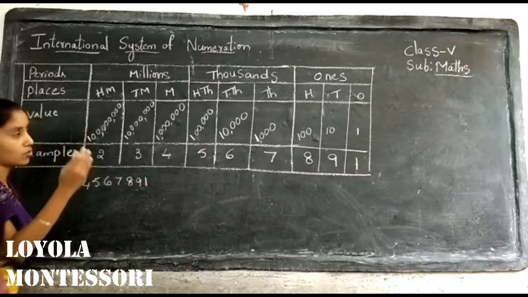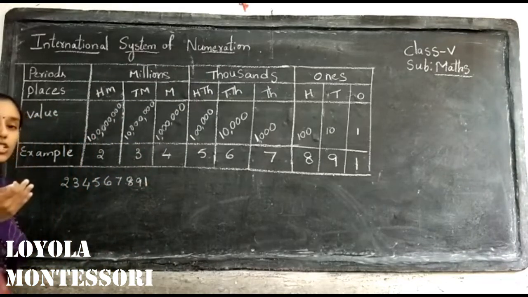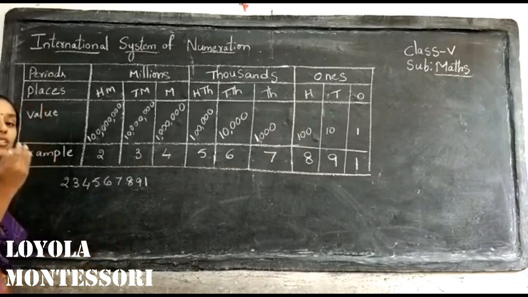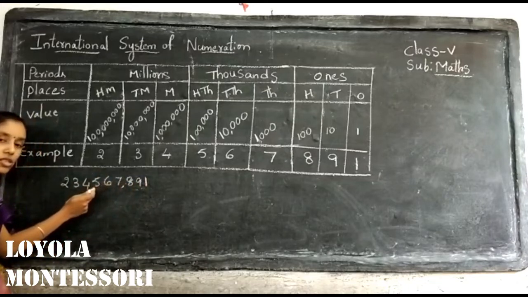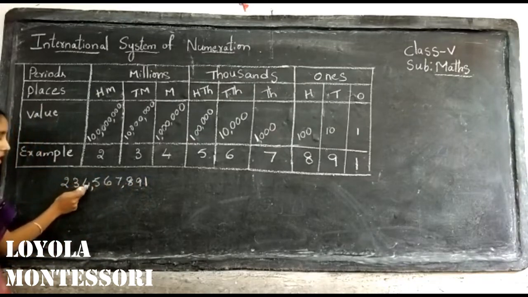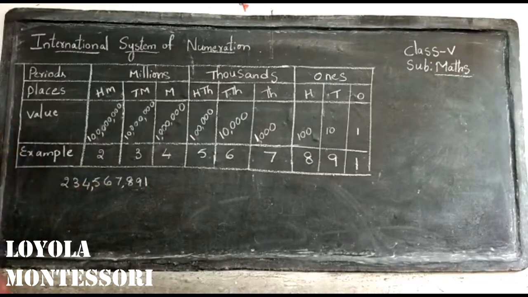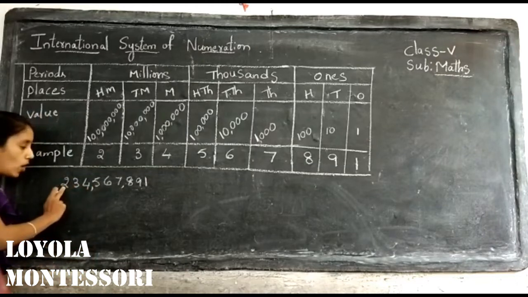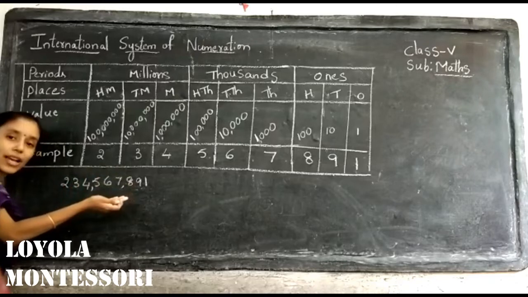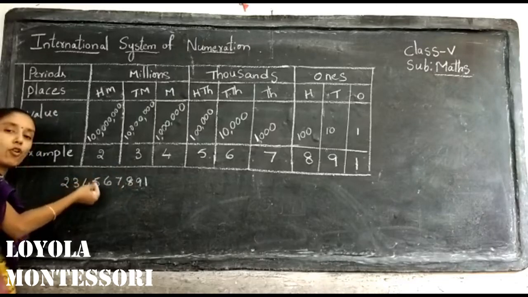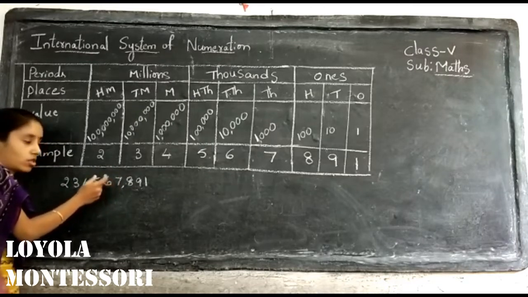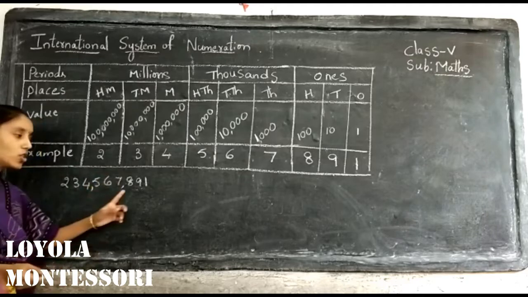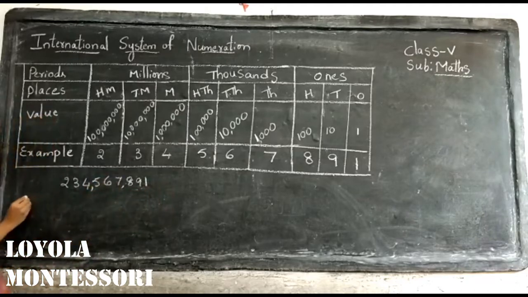In the international system, after every 3 digits we have to keep a comma from the right side. So ones, tens, hundreds, this is ones period; thousands, 10,000s, 100,000s, thousands period; millions, 10 millions and 100 millions. Now how to write the number name? First, the number in millions period, 234 followed by the period name, that is 234 million. Next 567 followed by the period, it is thousand. So 567,891.